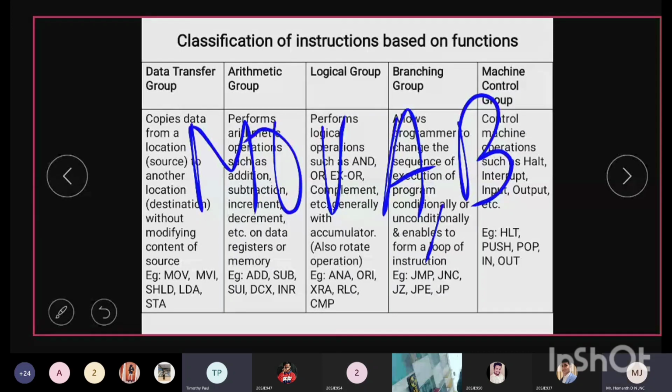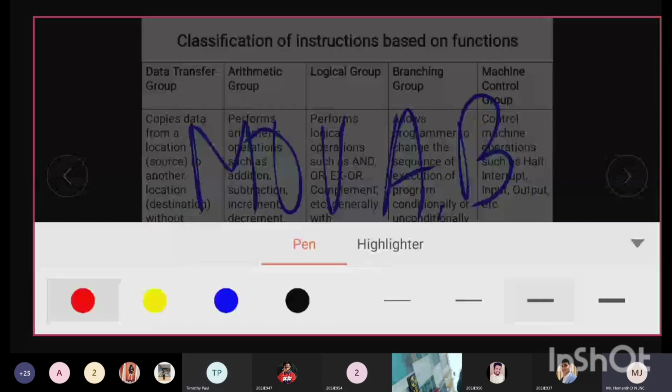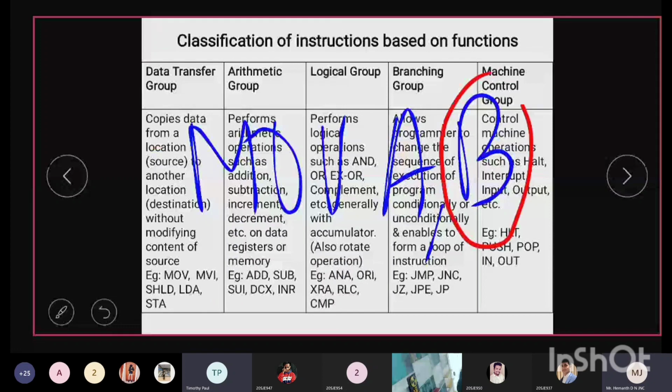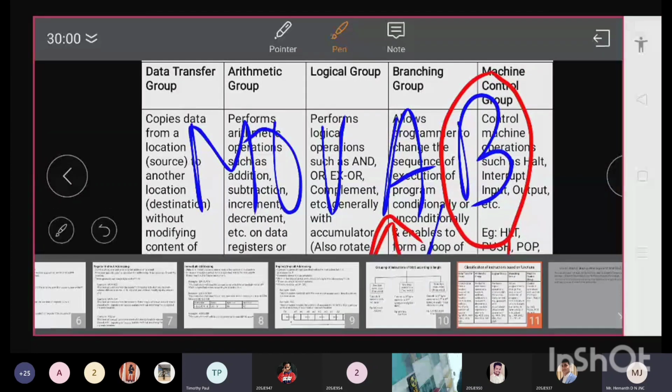Okay, so now what is the thing that is happening here? It copies the data from which register? It will be copying the data from the source, that is the B register, to the A register, where A will be acting as your destination. Got it? So the data copies from where? B to A. So B to A, the data has been copied.